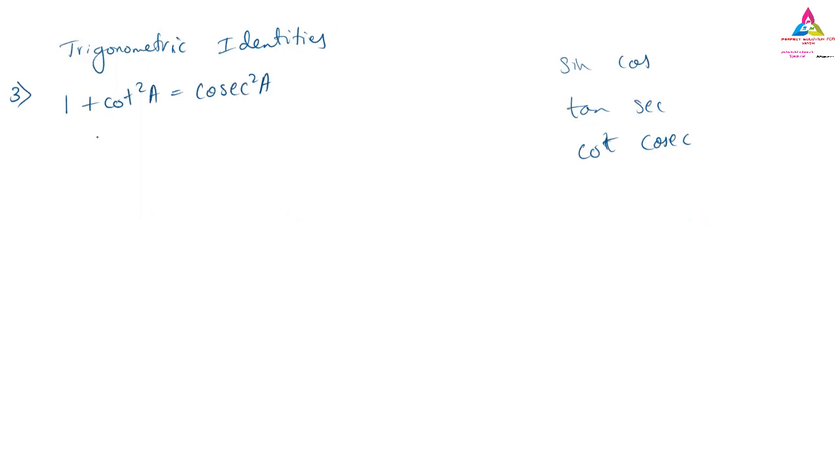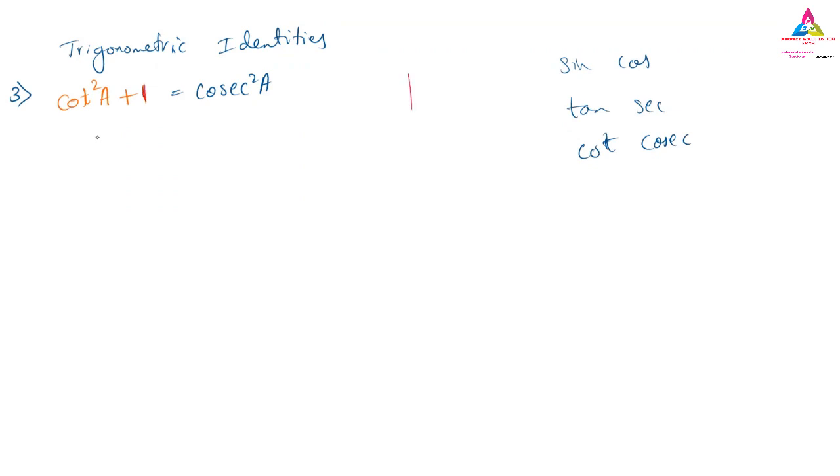This is the formula. Some students first write cot square A, then plus 1. Both are the same, so in your notebook you can write either. Cot square A plus 1 is similar to 1 plus cot square A. Don't bother about cot square A coming first and then 1. I am writing like this because when we do the final derivation, it will come this way, first cot, then 1. So it is left to you: you can write 1 first, then cot square A.